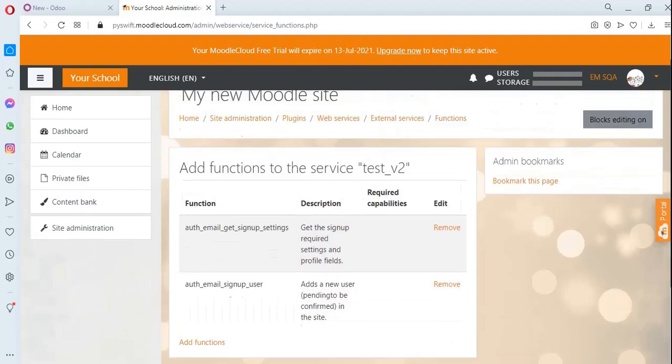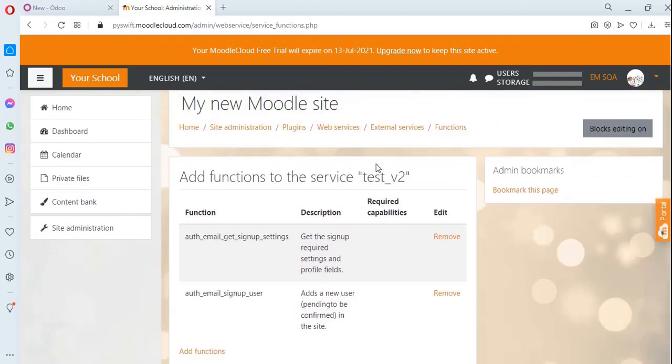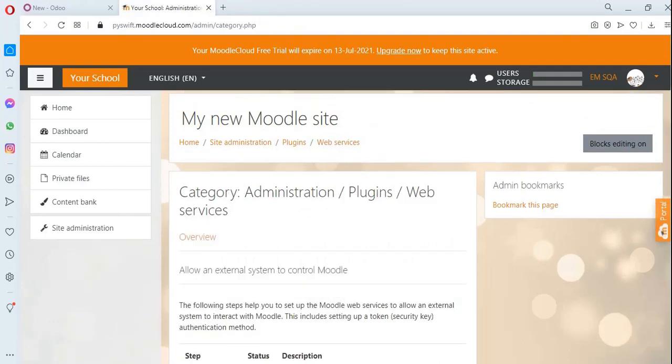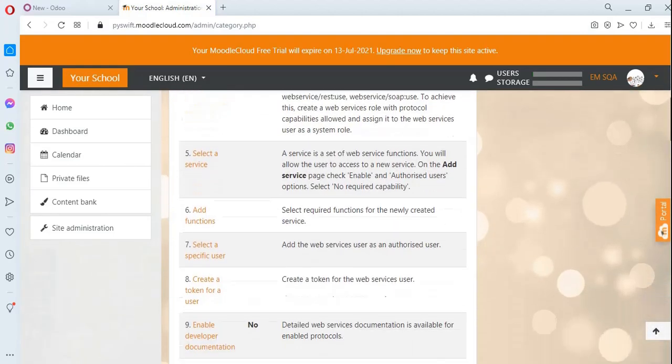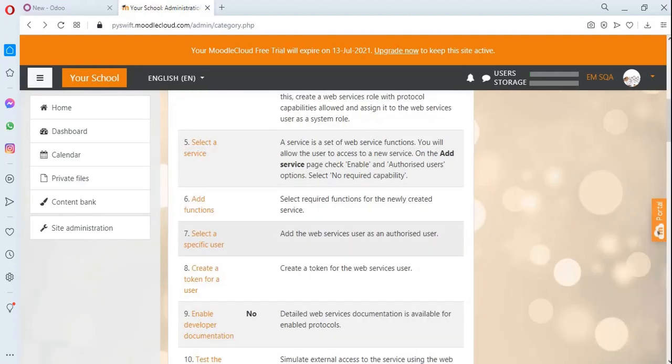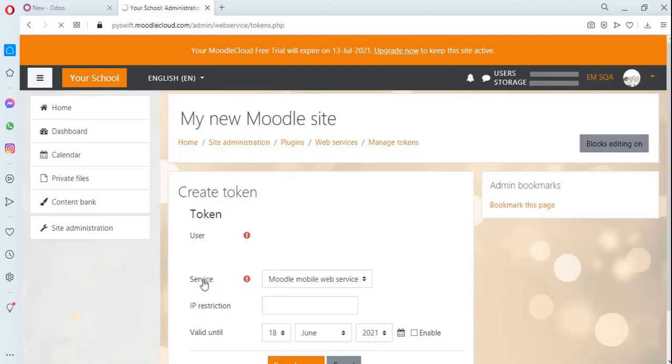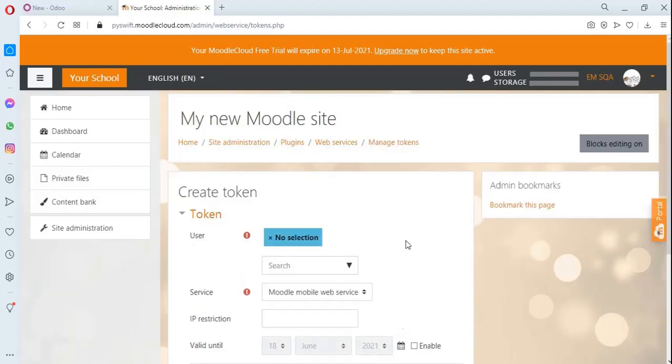Okay, after that we have to connect this service to some users. So click on web service and scroll down, and we have to select, or we create, a token for a user. So just click on the eighth option, create a token for a user. So basically we can customize a user with the services to create a token that authorizes the functions that we are selecting in the external service. So we select a user,